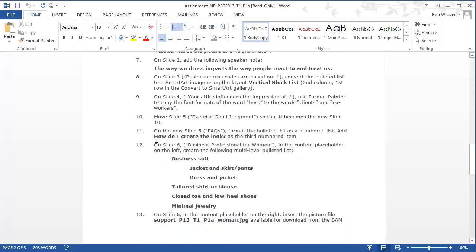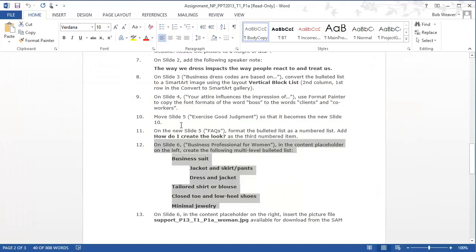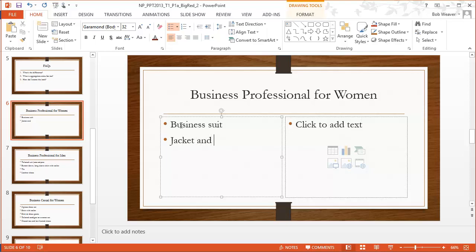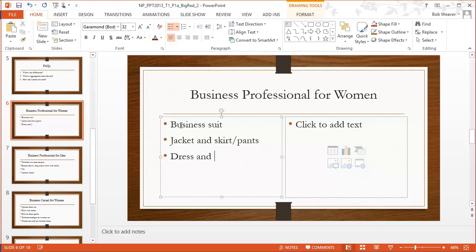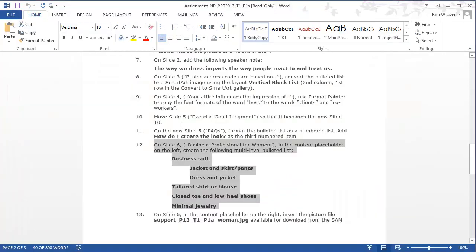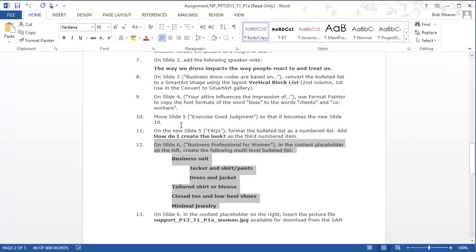On slide 6, business professional for women, the content placeholder on the left, you're supposed to insert or create a multi-level bulleted list that has this text. Business suit, jacket and skirt pants, and so on. So let's type this in. Business suit, jacket and skirt pants, dress and jacket, tailored shirt and blouse, closed-toe and low-heel shoes,